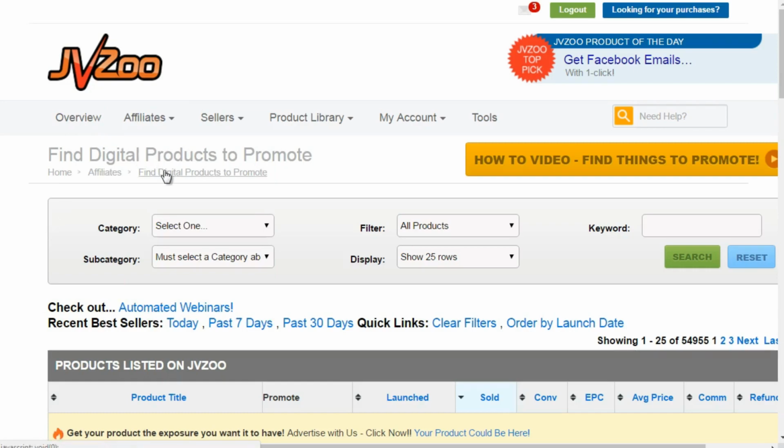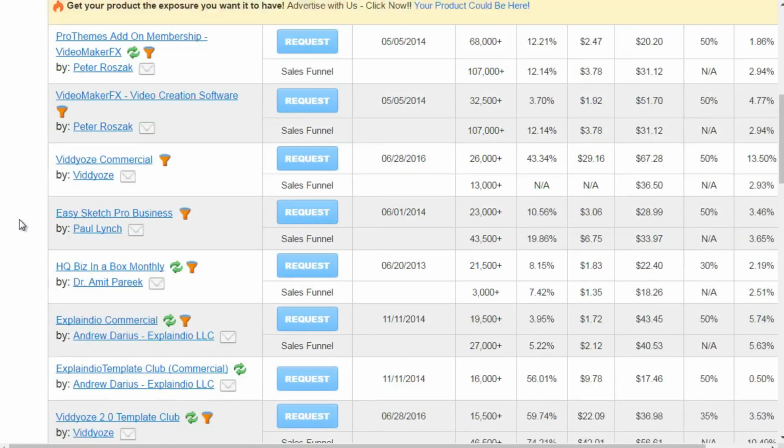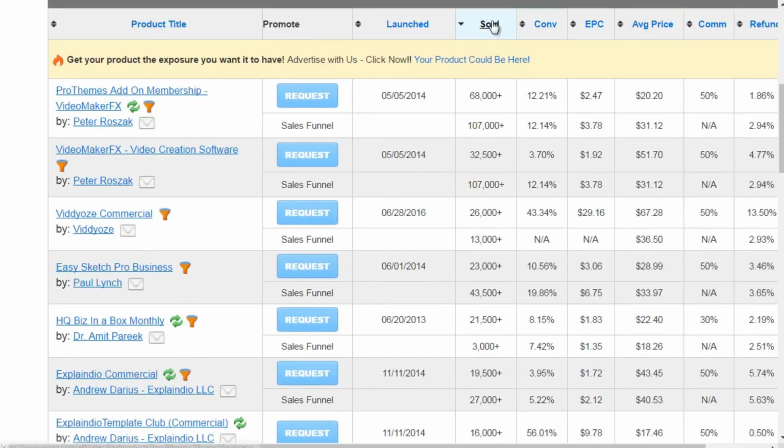Now, obviously in this case, we're looking for vendors, but this gives us some good data to get an idea of what products are being sold, the conversion rate, the EPC, in other words, the earnings per click, and the refund rate. So if you've got a product that is doing really well, but yet they have a 10, 25% refund rate or above, then you might want to